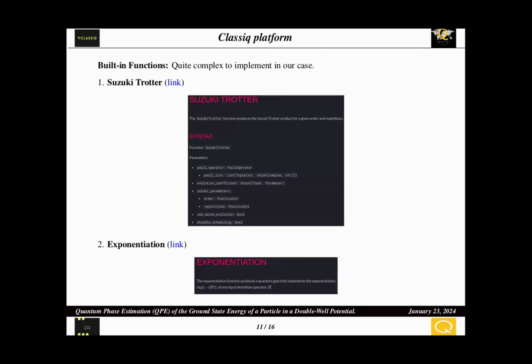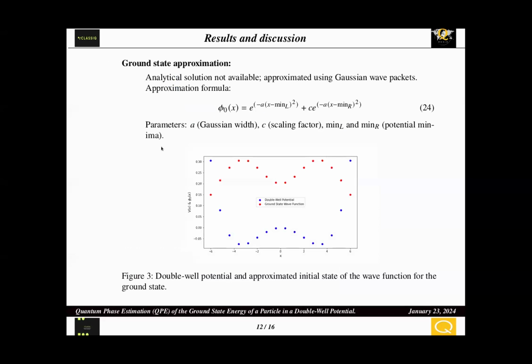So our goal was to implement this using the Classiq platform, and also an IBM simulator. With Classiq, it was not straightforward, because to implement it with Classiq, we needed to decompose it into quantum gates, which is not straightforward because of the complexity of the terms that we obtained for the potential energy and the kinetic energy. So because of that, we decided to pivot to IBM, and to approximate our ground state wave function, we use